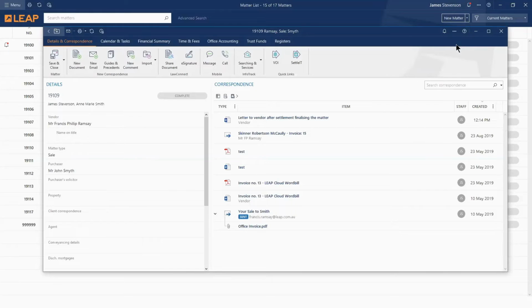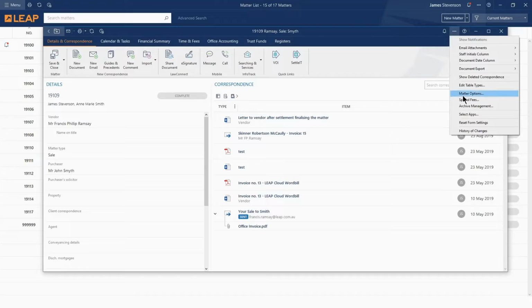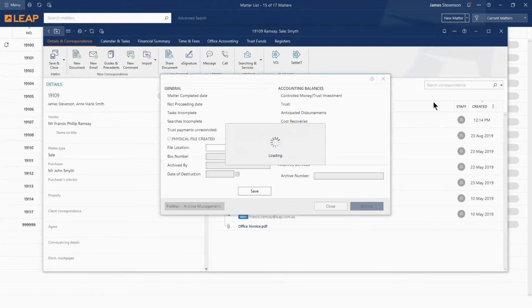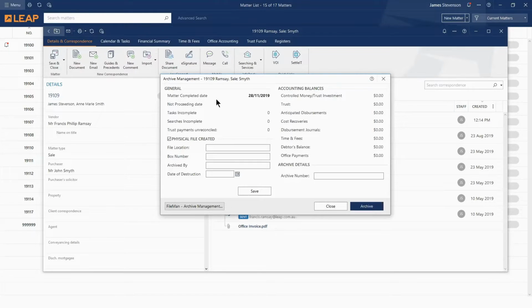To archive your LEAP matter, in the top right, select the ellipsis and select Archive Management. Review general items such as tasks and searches incomplete, and trust payments if they are unreconciled. If you are keeping a physical file, record the file location, box number, archive by and date of destruction, and